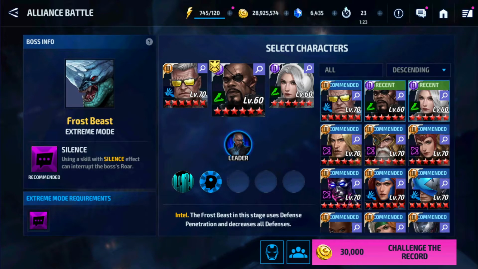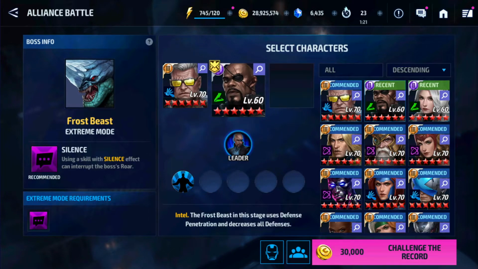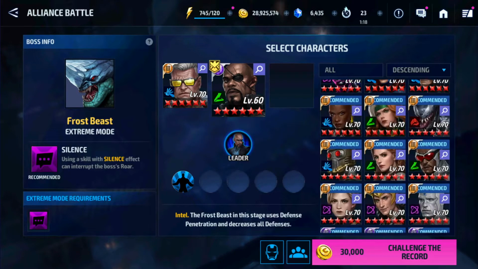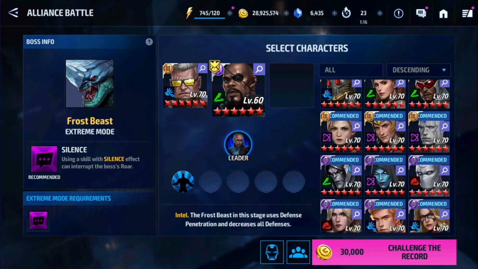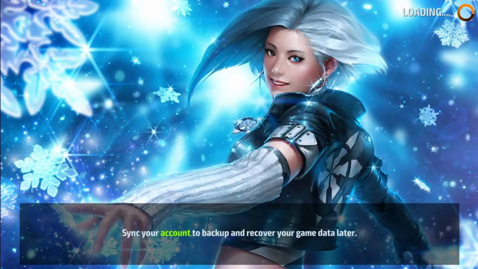So I'm going to use the blast type. I'm going to use Cable. I'm going to use Nick Fury, and I'm going to use a combat type Valkyrie. Okay. Now,